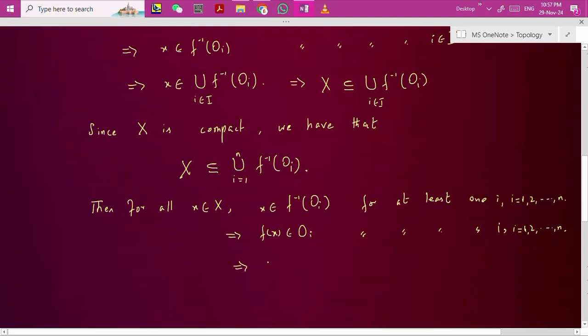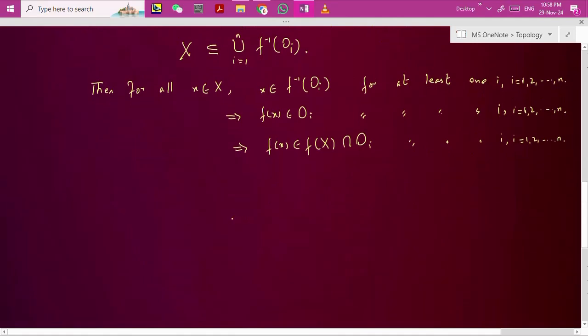And it implies that f(x) belongs to f of X intersection OI, because f(x) of course belongs to the image of X. So that's why it means that f(x) belongs to both f(X) and OI, and hence f(x) belongs to the intersection of f(X) and OI for at least one I, where I is from 1 to n. Okay,